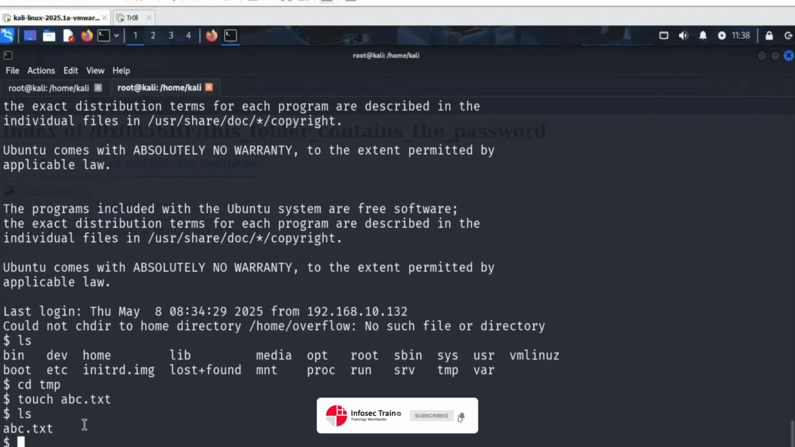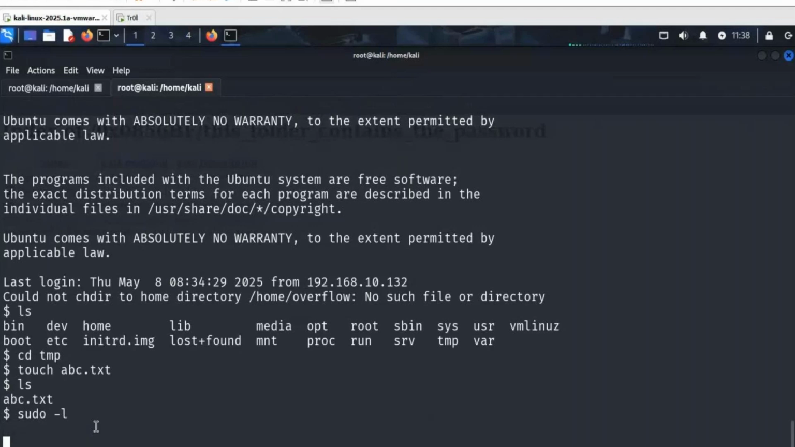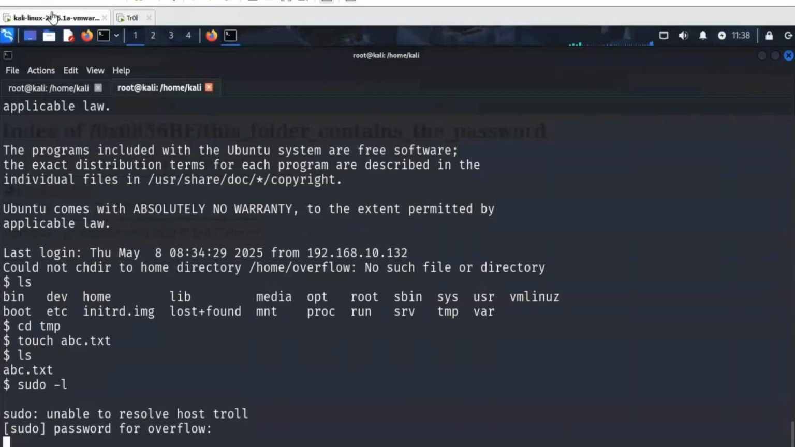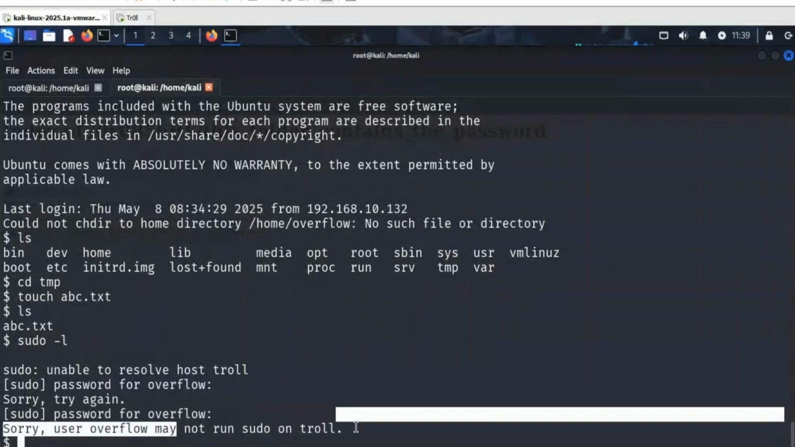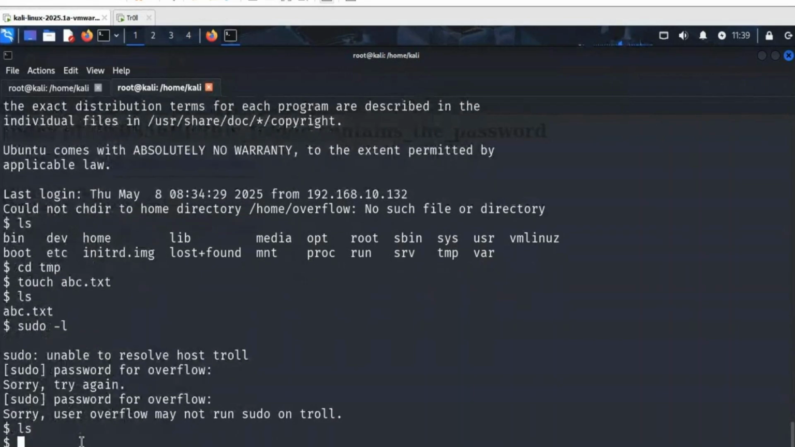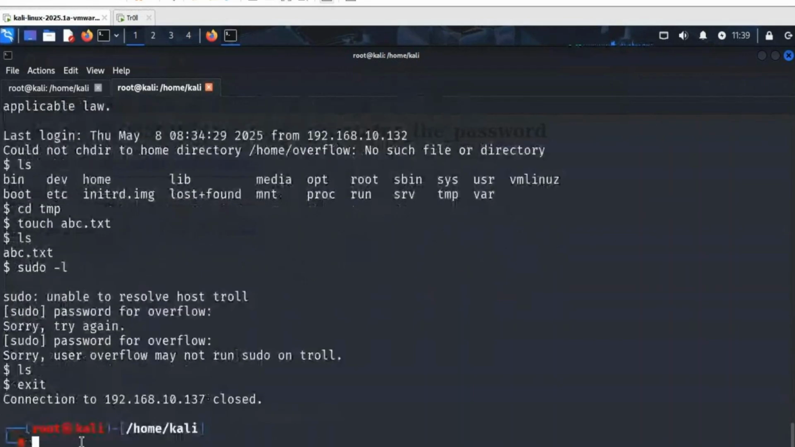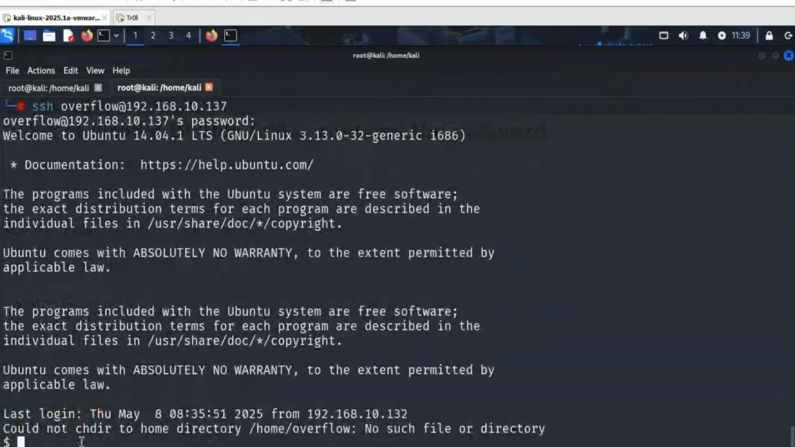Now what to do? So let's find out the privileges. If I write sudo -l, to find out whatever privileges I have and what I can do in this, I think we don't have privileges to run sudo, right? So we cannot find out with sudo what we can do. Now if I exit from here and connect again,